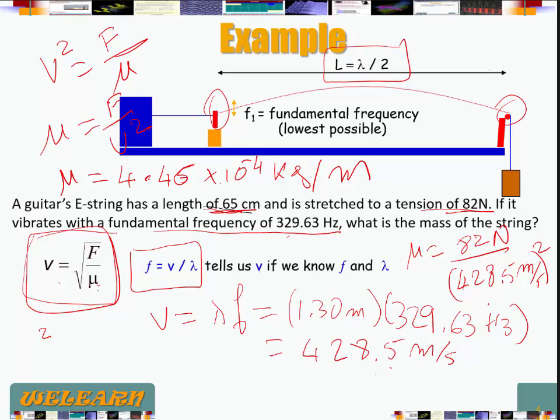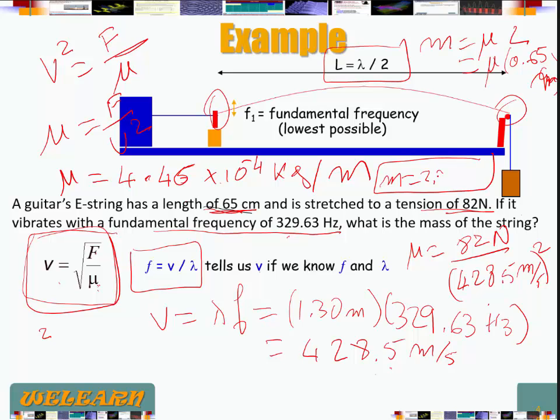Okay, that's mu. So to find the mass, it is mu times L, since mu is mass per unit length. We know what mu is. The length of the string, we know it, 0.65 meters, sorry. So we just multiply whatever we find there by 0.65 meters. And we should get the result as our mass equal to 2.9 times 10 to the